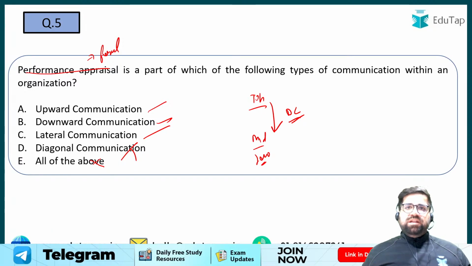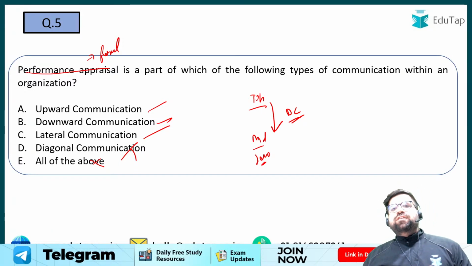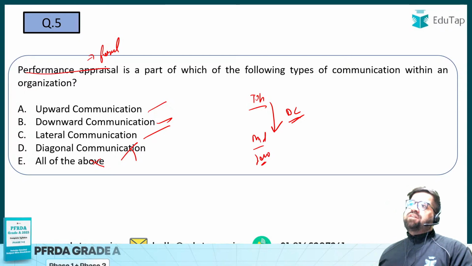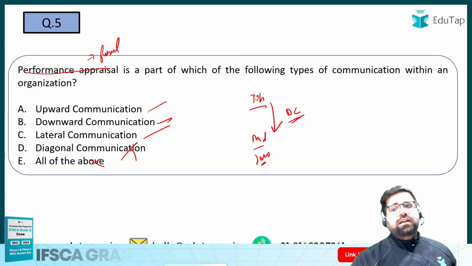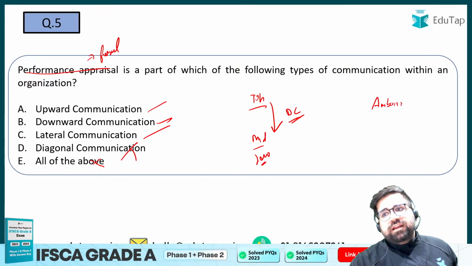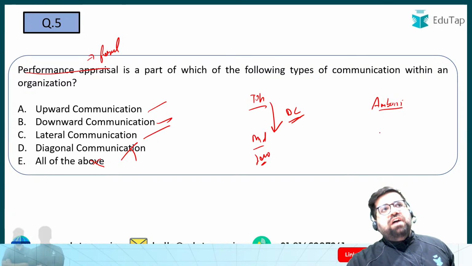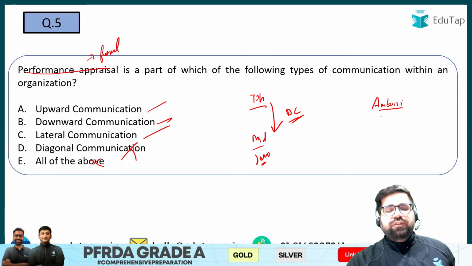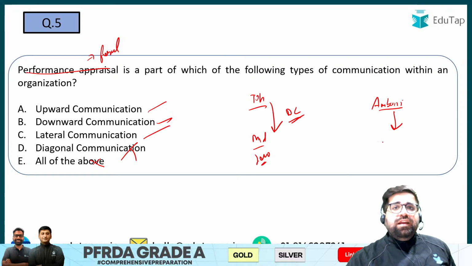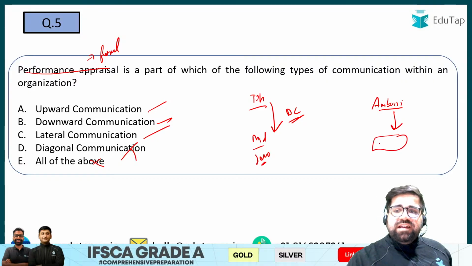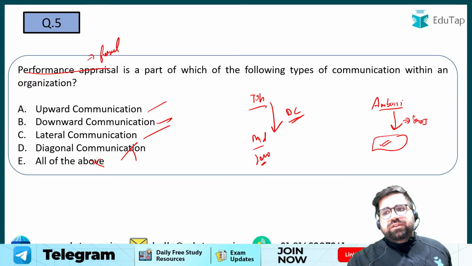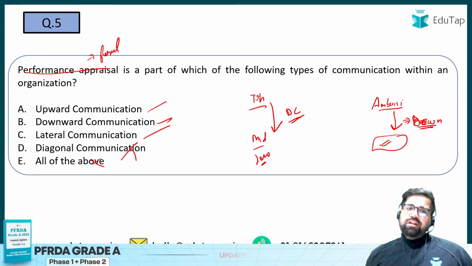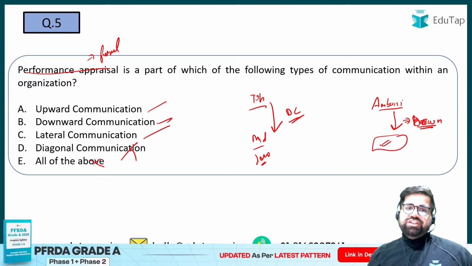And under performance appraisal, a top level employee gives a kind of feedback to the employees who have done certain kind of work. For example, if I tell you, or if Amani ji tells any of the middle level employees that you have to work on a project, and after some period of time, Amani ji is evaluating how a person has performed on this particular job. So he or she is doing what? I would say downward communication. Messages are coming down the ladder. Therefore, the correct answer will be downward communication, which is your option number